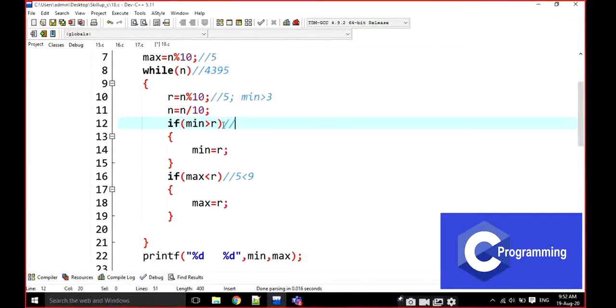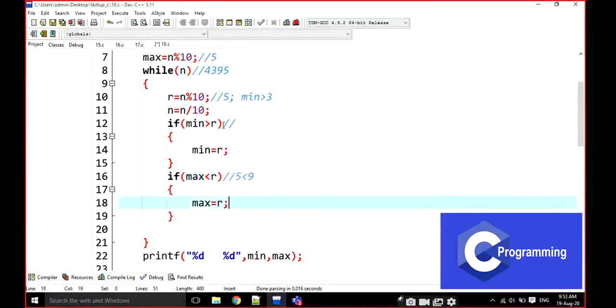The same way here, if what I am assuming is the maximum value is less than the present digit, then maximum will be the new value.